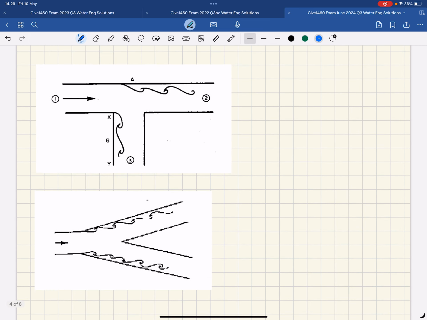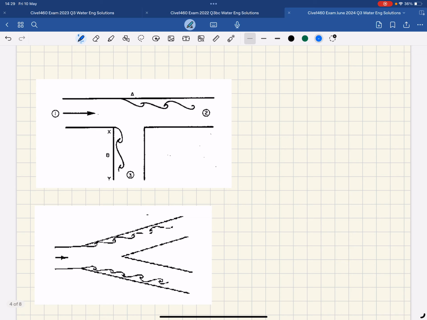The question asks for 4 diagrams of situations where boundary layer separation may occur. Well, I've restricted it here to pipes. We've got a 90-degree T section. Because you've got an increasing of the flow area, this section, you get